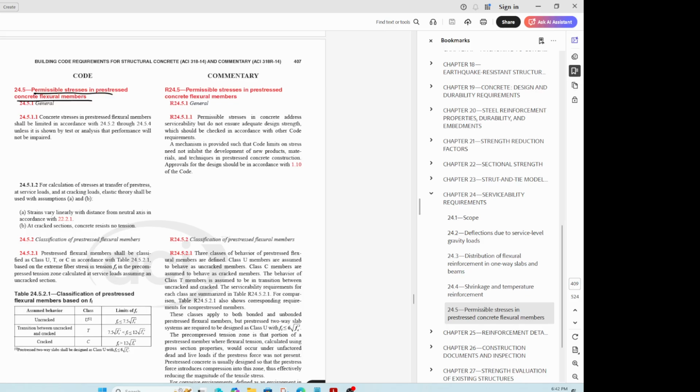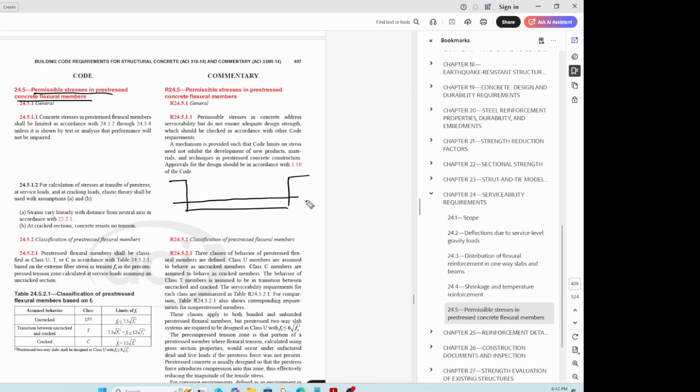Very short section, but then there are a few tables and we need to understand a little bit of a story here, right? So firstly, what is a pre-stressed member? As the name suggests, the member is pre-stressed before it even gets into the site. So what they do is imagine a tub like that, and then